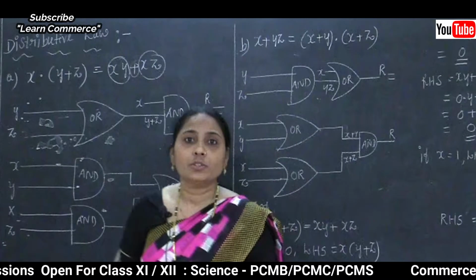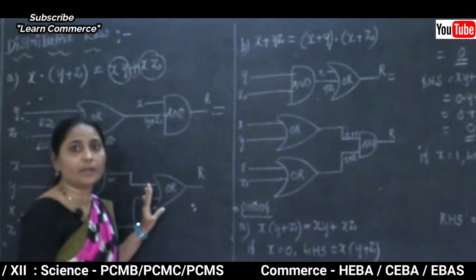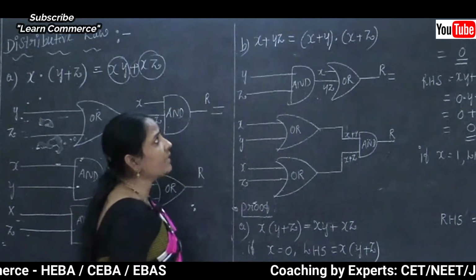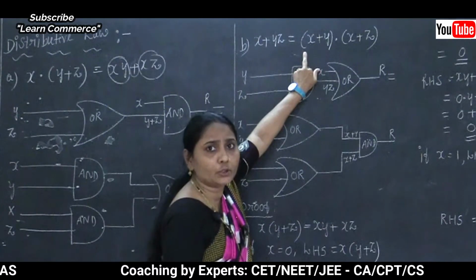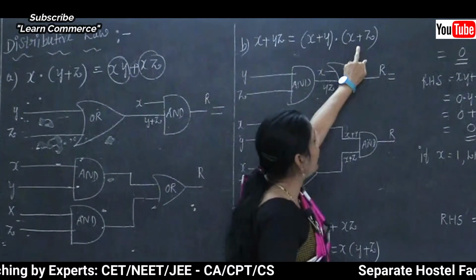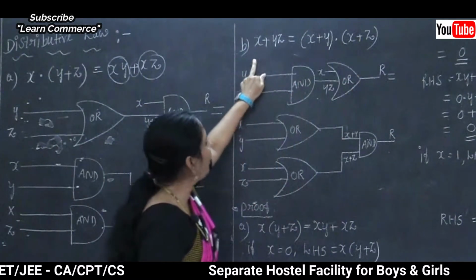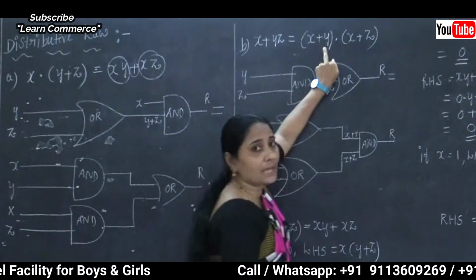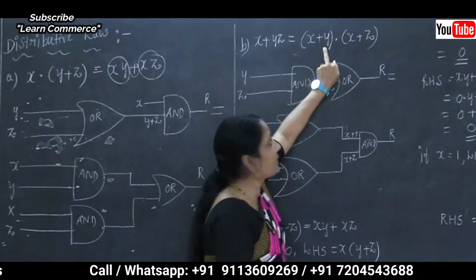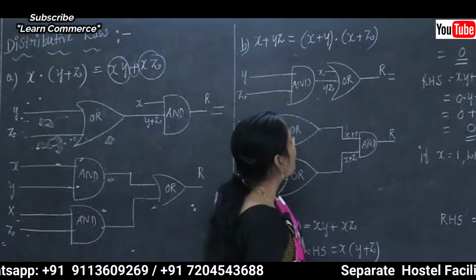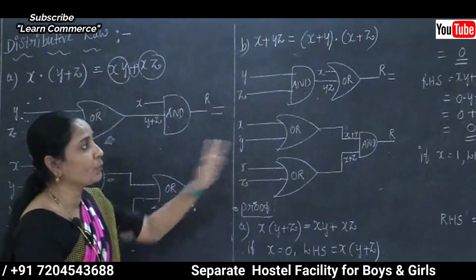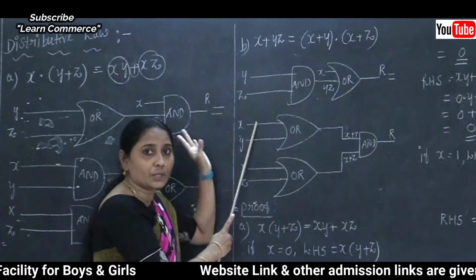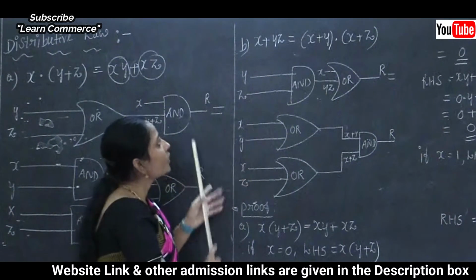Now the second one. In total there are 3 laws in our distributive law. This second law says x plus yz is equal to (x plus y) and (x plus z), written in parentheses. Clear this point here? The law says the left hand side, x plus yz, is equal to the right hand side, x plus y and x plus z. Before proving whether this holds, first let us draw the symbol of the expression for the second law of the distributive law.